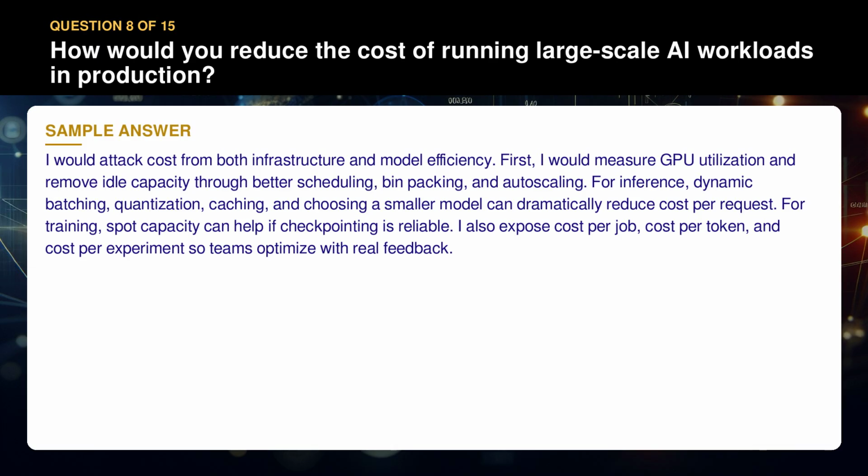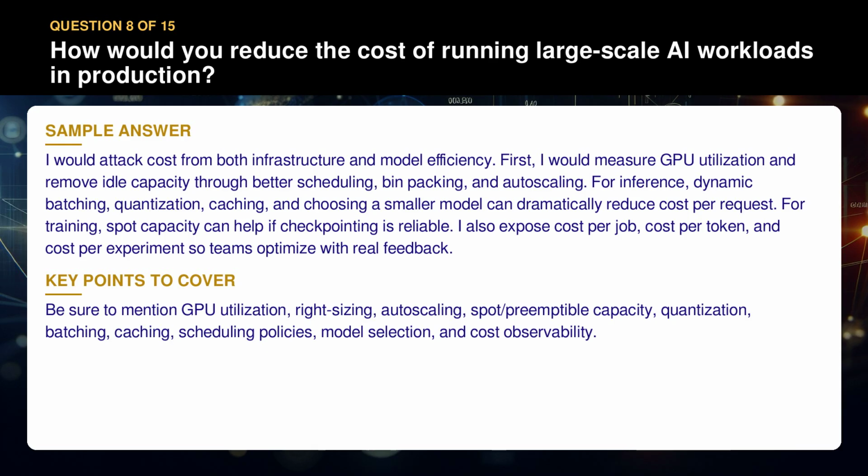For inference, dynamic batching, quantization, caching, and choosing a smaller model can dramatically reduce cost per request. For training, spot capacity can help if checkpointing is reliable. I also expose cost per job, cost per token, and cost per experiment so teams optimize with real feedback. Be sure to mention GPU utilization, right-sizing, auto-scaling, spot preemptible capacity, quantization, batching, caching, scheduling policies, model selection, and cost